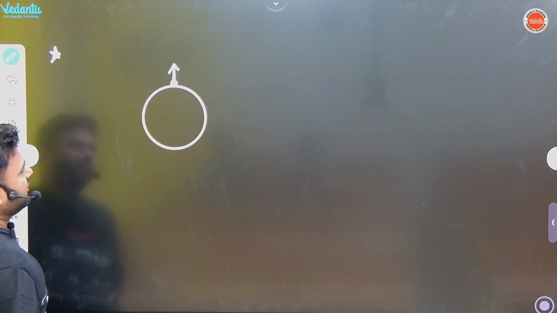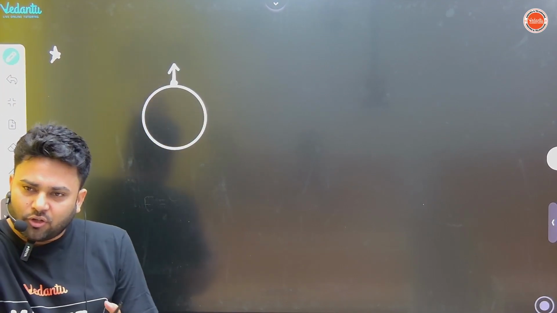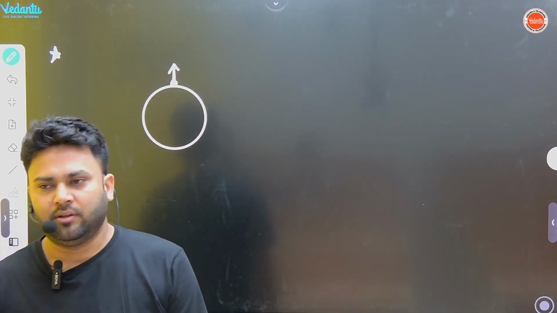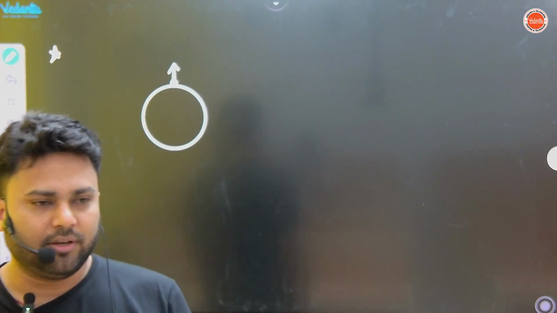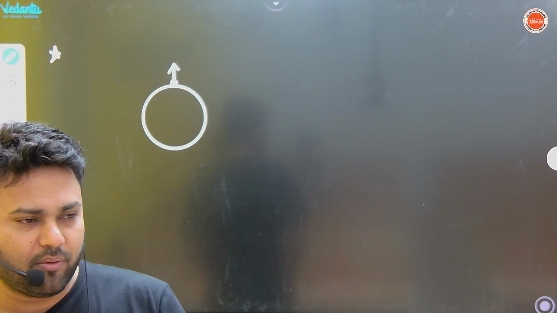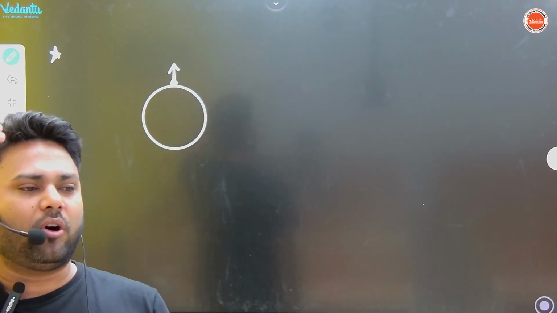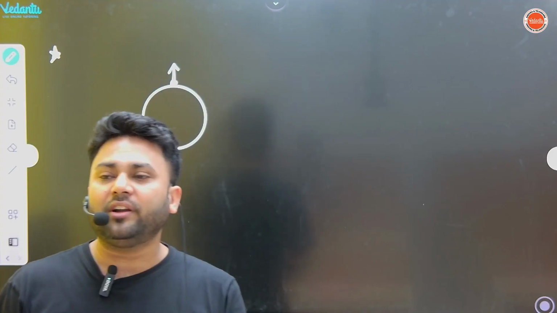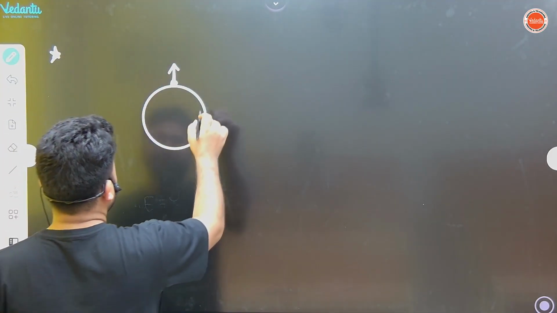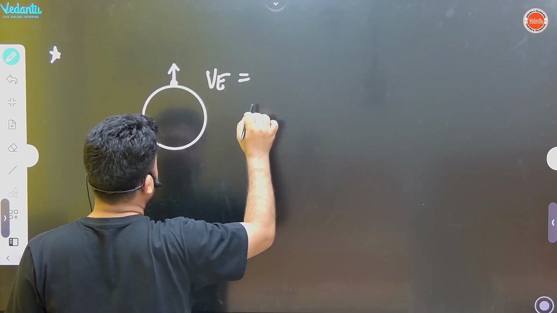With what speed we should throw the ball so that it does not return back? Correct? It goes out of the field of Earth. The field of the Earth is attracting the ball. So with what speed we should throw so that this ball does not come back? That speed is called escape velocity, and its formula you remember,